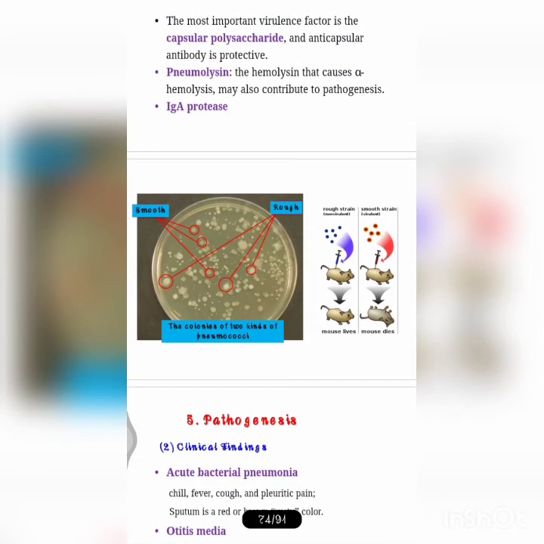Regarding morphological features, capsulated pneumococci are the smooth forms. If you see the smooth ones, these are capsulated, and the non-capsulated are the rough forms. These are avirulent, so mostly only the smooth forms are virulent. Repeated subculture of the pneumococci leads to smooth and rough variation. In the rough forms, the organisms are autoagglutinable, avirulent, and non-capsulated, and form rough colonies.